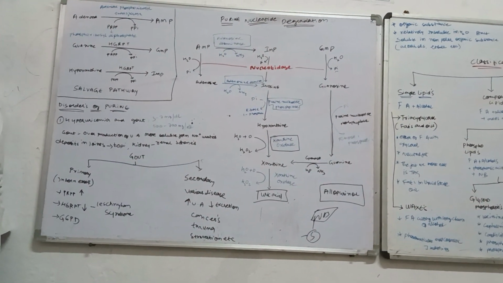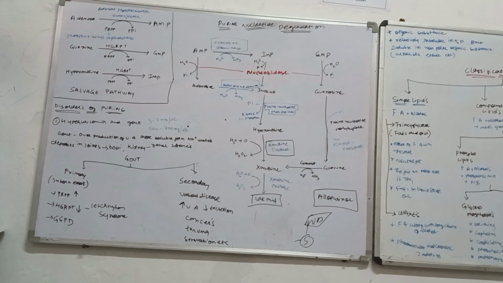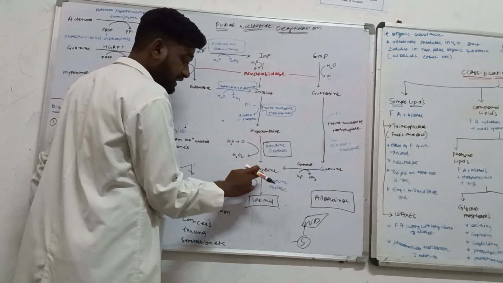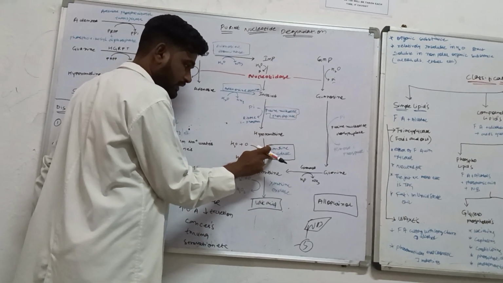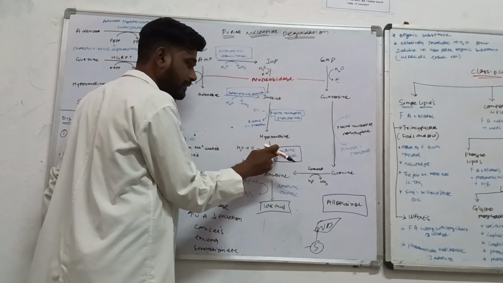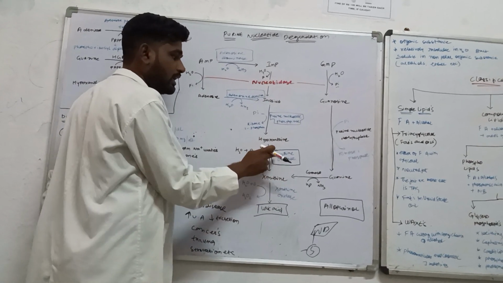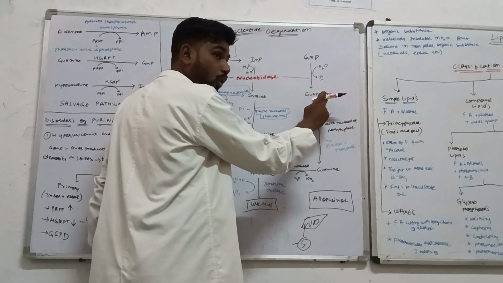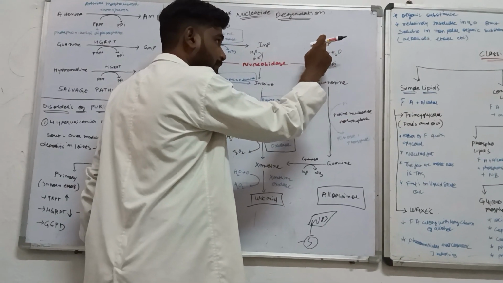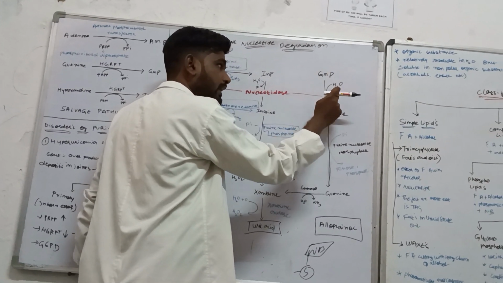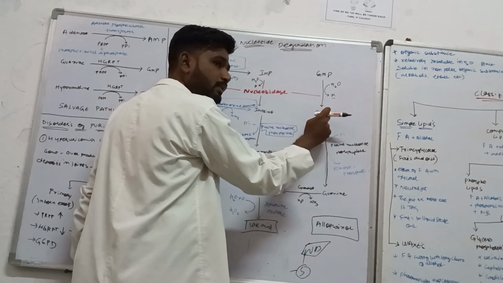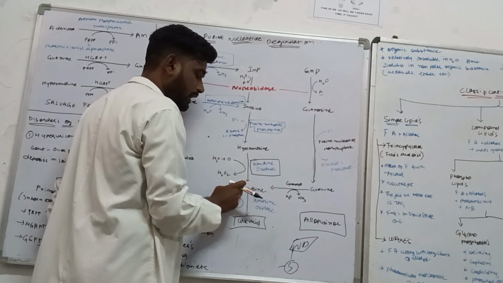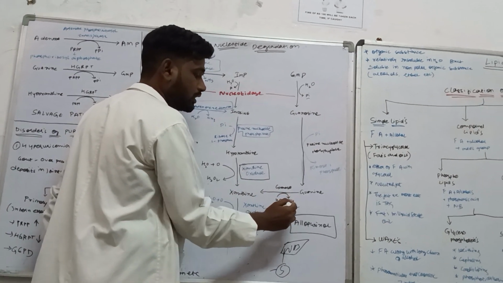Now, this xanthine oxidase molecule is a very notorious molecule. Still, we want to turn the molecule into xanthine. Now, in the presence of the enzyme xanthine oxidase, this hypoxanthine can be turned up into the molecule called xanthine. Now, this guanosine is the product which has come from the guanosine monophosphate. It loses one phosphate group and guanosine has been formed. It can directly jump into the cycle and they can form the xanthine by removing the amino group.